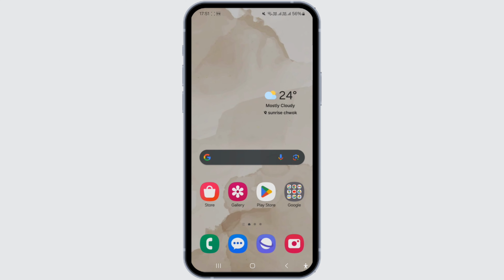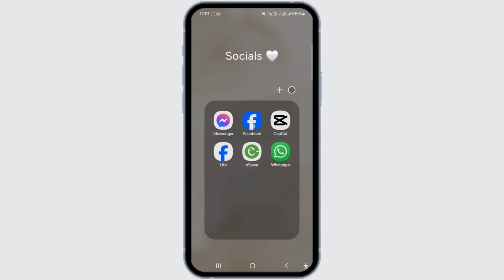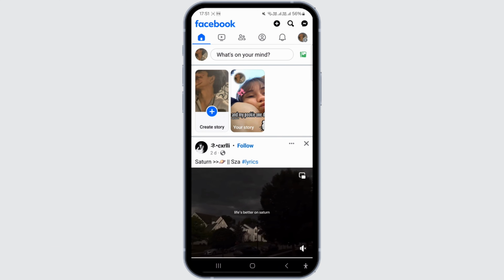In this video presentation, we're going to discuss how to view the accepted friend request on Facebook. If you have sent out numerous friend requests and are curious about who has accepted them, I'll demonstrate how to locate this information. So let's begin by opening Facebook and clicking on the menu icon at the top right corner